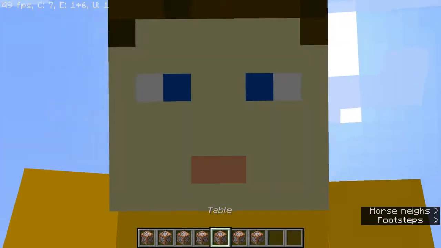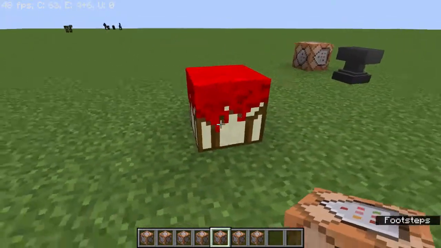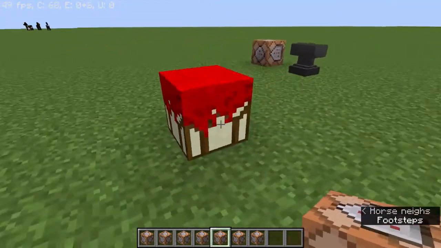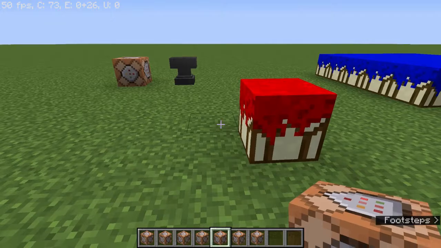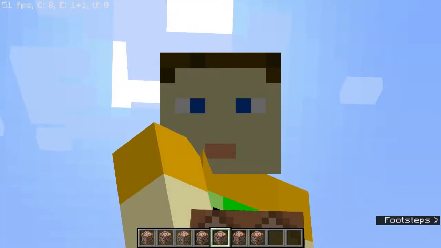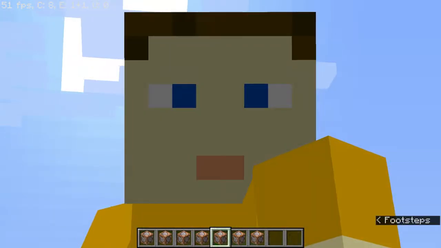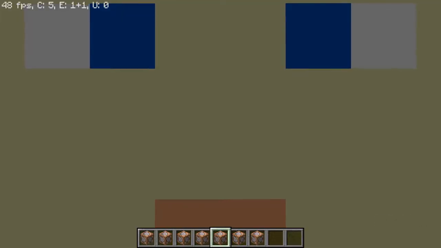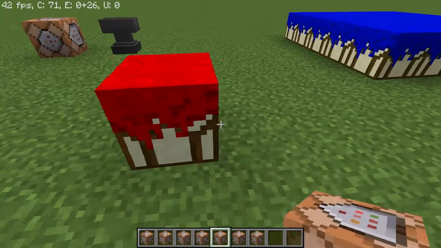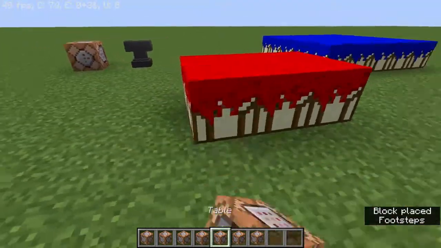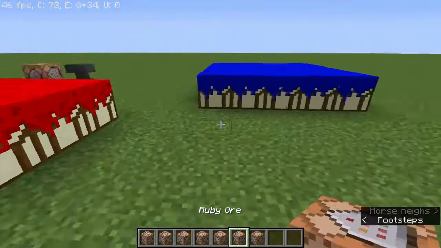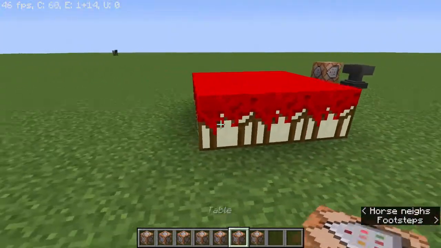I don't really want to say copy, but I have used his table. I didn't really use it, I just tried to recreate it. So I guess I got some ideas from him on what blocks to make, so thanks to him, I could make some of these. Got me some ideas. So it's a table. It's very simple. And as you can see, the other one is blue, and